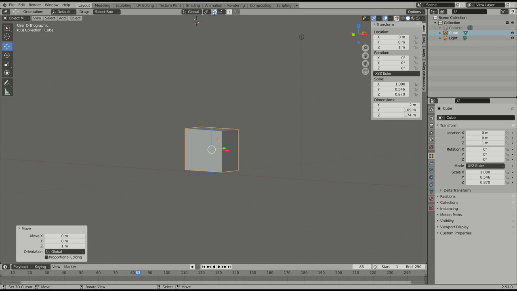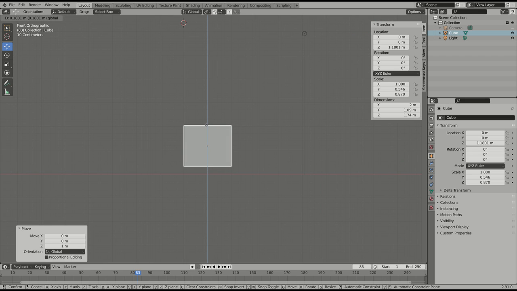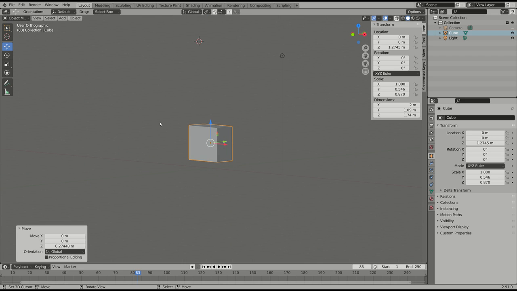Oops, I've got that on. Always remember to unsnap your snap up here when you're not using it. And I'm going to put some legs under there, so I'll bring it up to maybe there. Okay? Now,